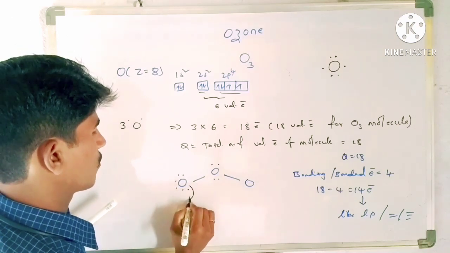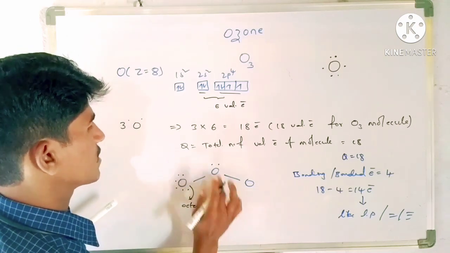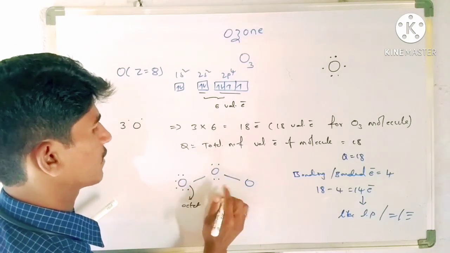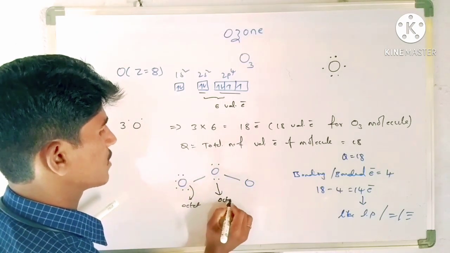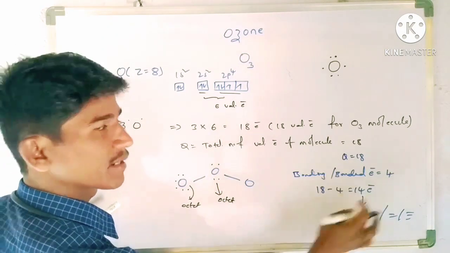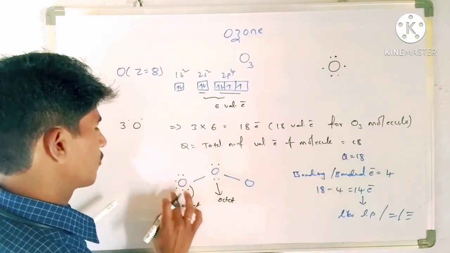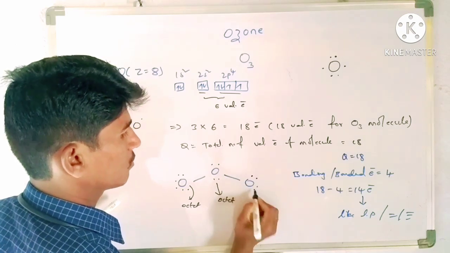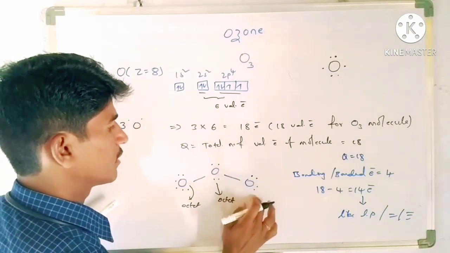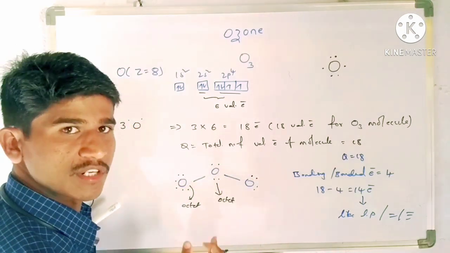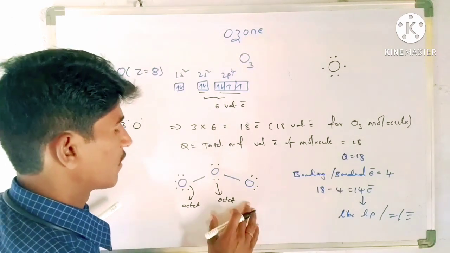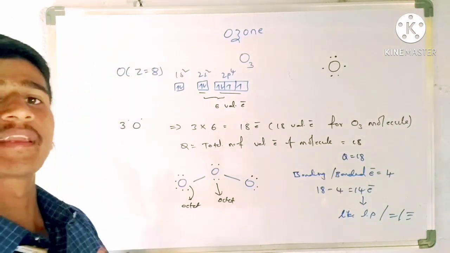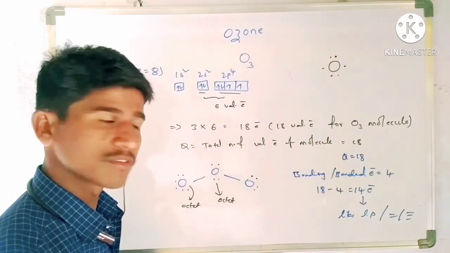This is a stable octet. Now in this case, 1 2 3 4 5 6 7 8, it also gets an octet, stable. Now how many electrons remain here? 1 2 3 4 5 6 7 8 9 10. Only 4 are there, 1 2 3 4. Now 1 2 3 4 5 6. Is this stable? No, it is not stable. Now what do we have to do? We have to make it stable. How can we make it stable?